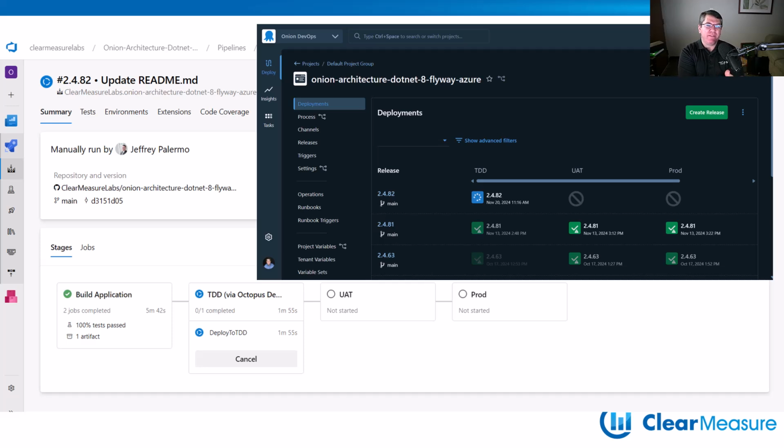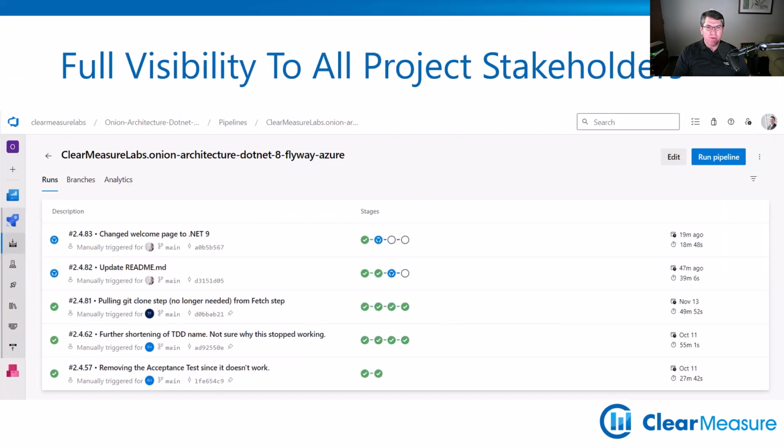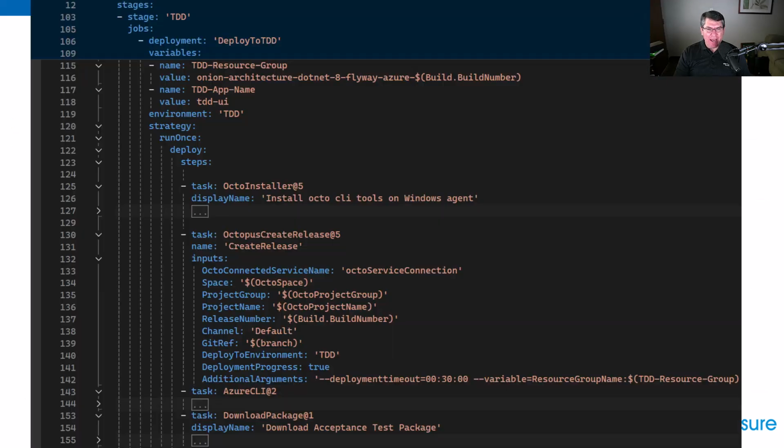And so it gives you that flexibility, and that way, Azure Pipelines also has a mirrored image of your lifecycle. So that's what you really want, so that you have full visibility to all project stakeholders in Azure Pipelines if you're using that. And by the way, when you're configuring these tools to work together, there's one configuration item that I want to call out,